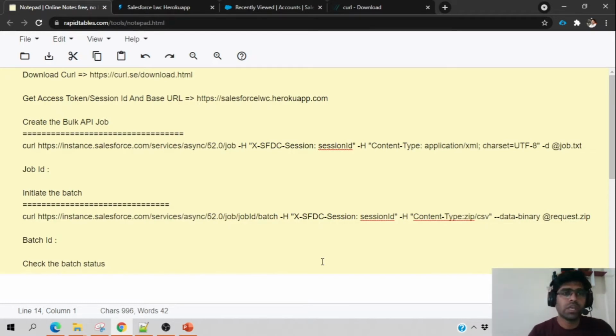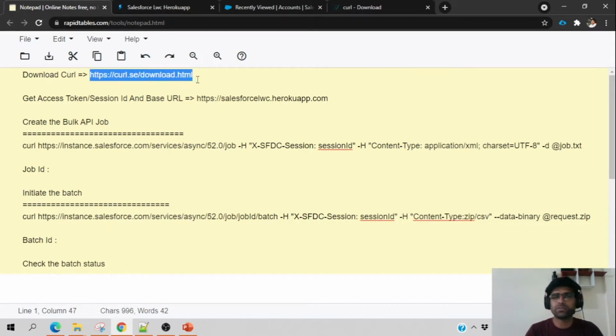First, for this demo, we are going to use curl, which is a command line interface, to execute the APIs. In this case, we are using the Salesforce Bulk API. To execute it, we need an access token and the base URL of the instance where we are supposed to load the Salesforce files.